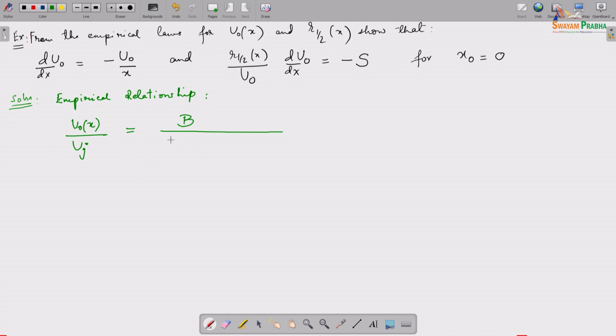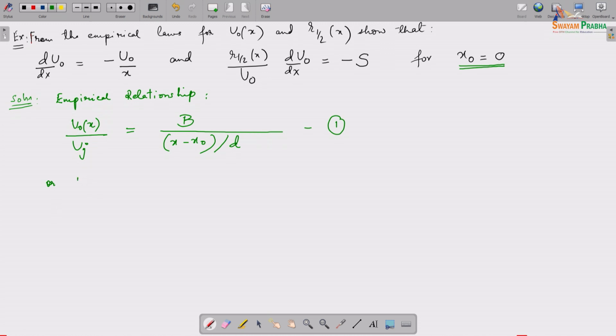And what I'm going to write on the denominator: x minus x naught by diameter, or let's say characteristic length. So this is my empirical relationship. And it is given to us here that x naught is equal to 0. So using that, we can write again from here,